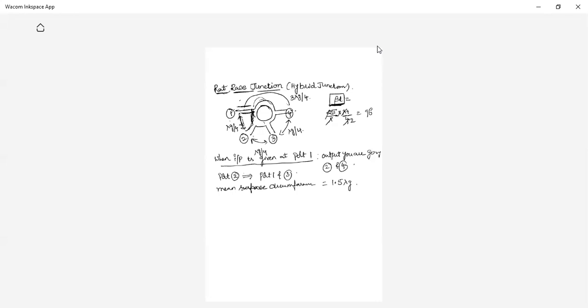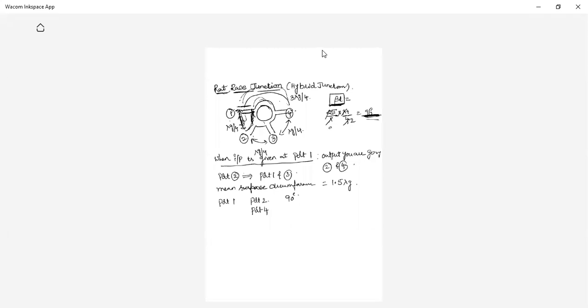Okay, so the phase shift, if you observe, what is the phase shift you are going to get here and here? You are going to get a phase shift of 90 degrees. Okay, so from port 1 to port 2, if you are giving input at port 1 and getting the output at port 2, what is the phase shift you are going to get? Because it is lambda g by 4, the phase shift you are going to get is 90 degrees. Similarly, if I get the output at 4, what is the phase shift? The distance is 3 lambda g by 4.